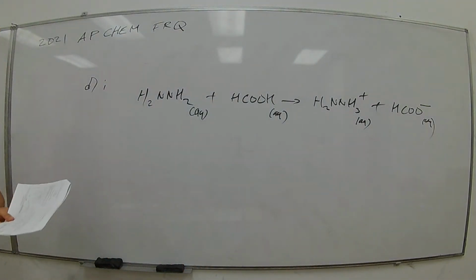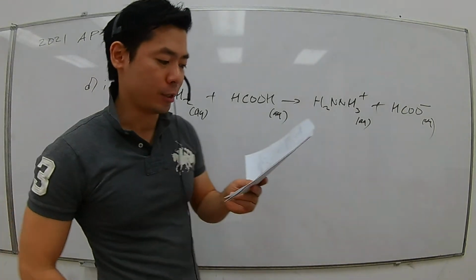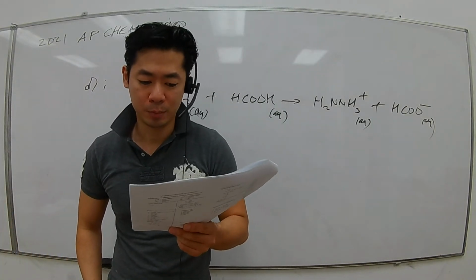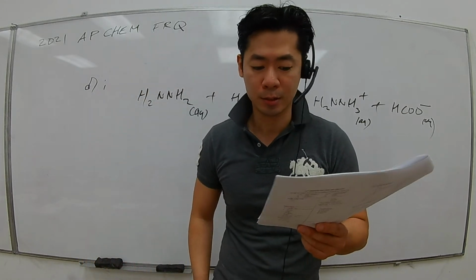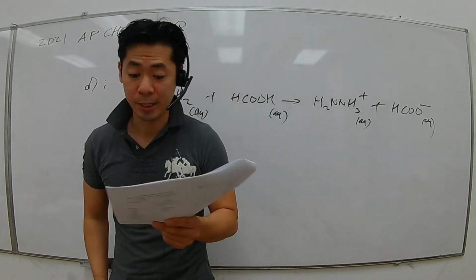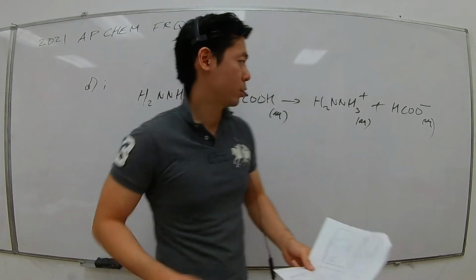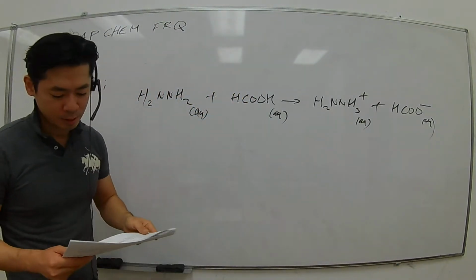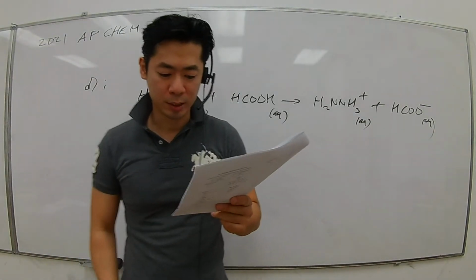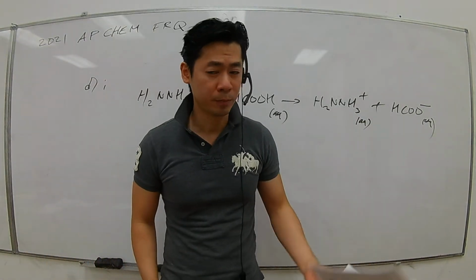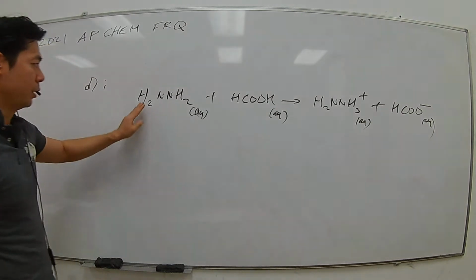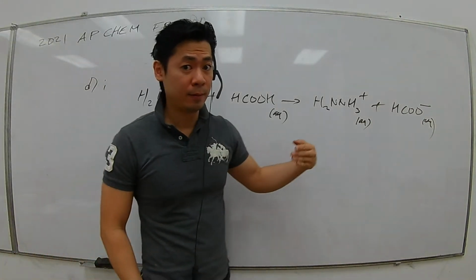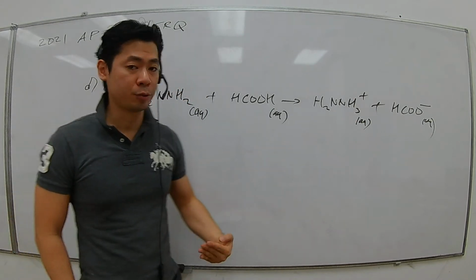But now the second part is asking, so it seems like the same amount, a 50 milliliter sample of the base, same concentration as the acid, which means there's an equal amount of these two available to react. And the question is asking, is the resulting solution acidic, basic, or neutral? Justify your answer. So if you put an equal amount of the base and the acid, then the question is asking, would the resulting solution be